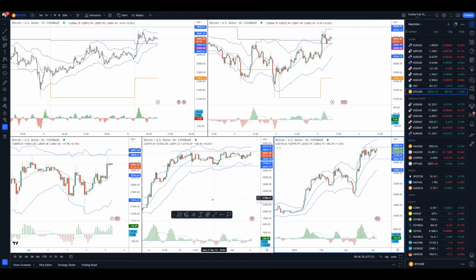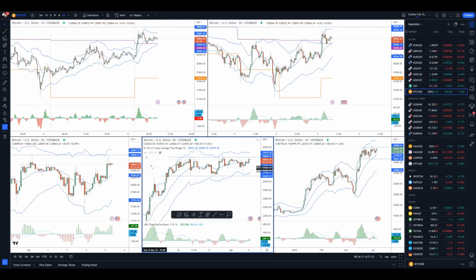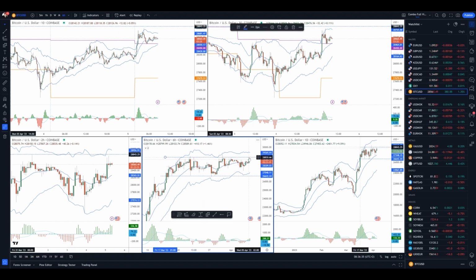And on the Bitcoin versus US dollar, we're still trading inside of this very well-defined trading range, and the area around 28,800 is a key resistance zone from my perspective. Because we can see there is no power for the market to go through, I will not be surprised if the market goes lower towards 27,500 or even 26,720 to rotate back into this range again, because we don't have power and volume to push through. So that will be all for this update.